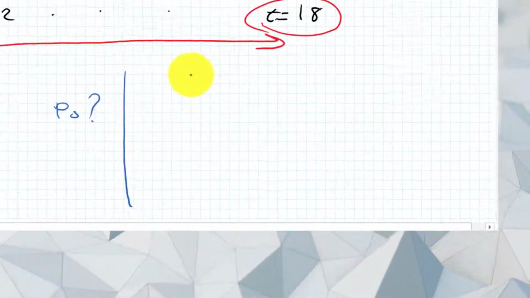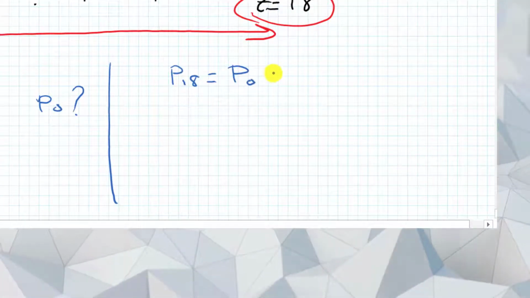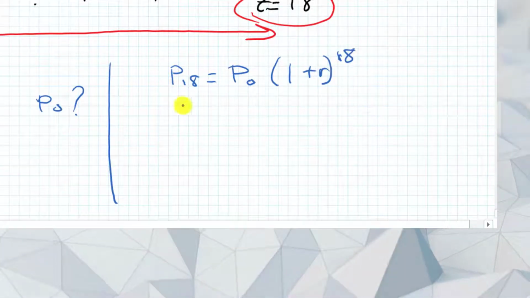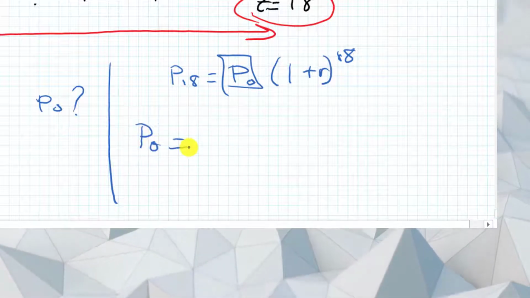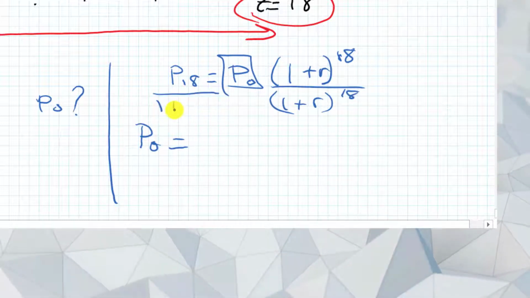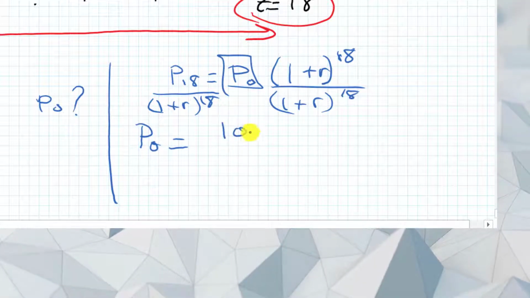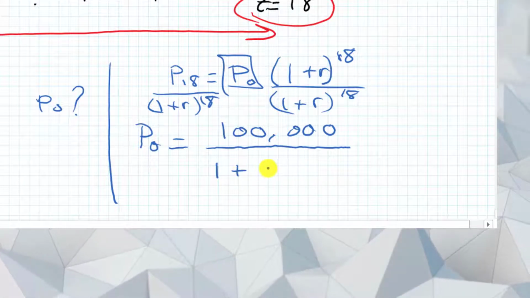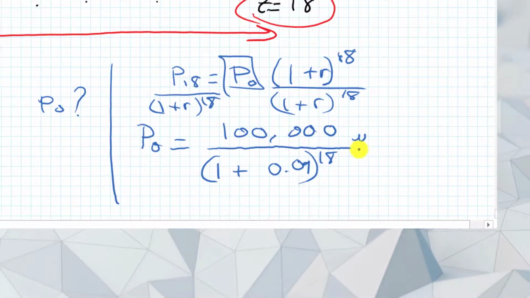So what's the formula? The formula is P18 equals P0 times 1 plus R to the power of 18. All right. And then you solve this equation for P0, right? So you divide both sides by 1 plus R to the power of 18. That's all you do, right? So what do we have? P0 equals P18, which is $100,000, divided by 1 plus 0.09 to the power of 18. And this is about